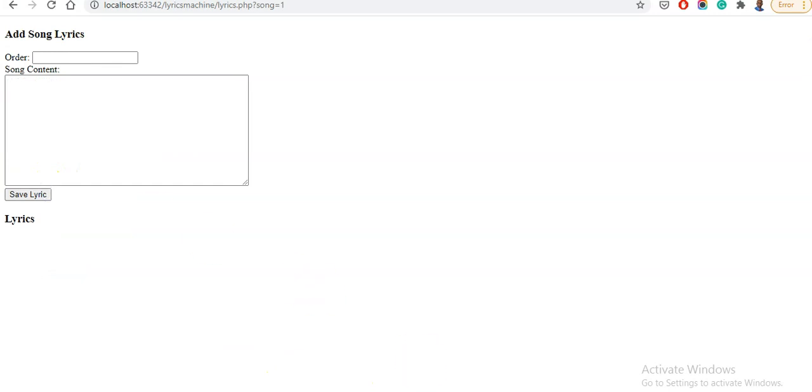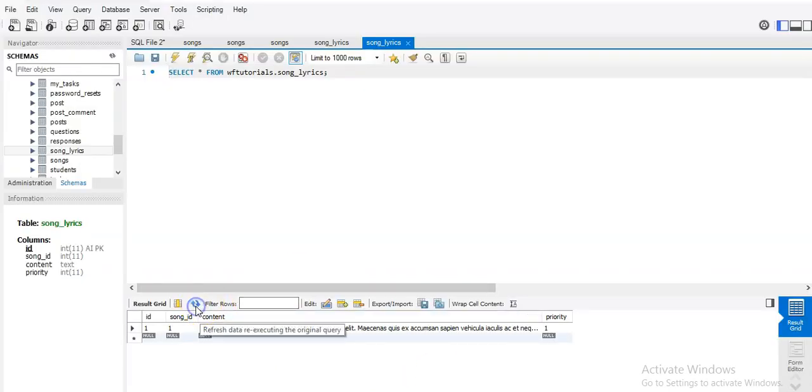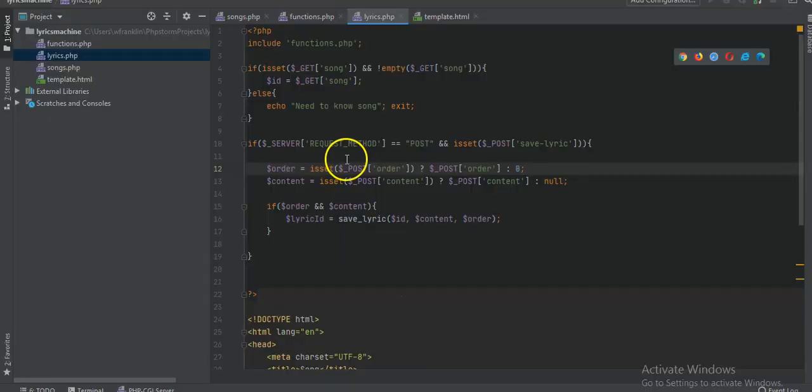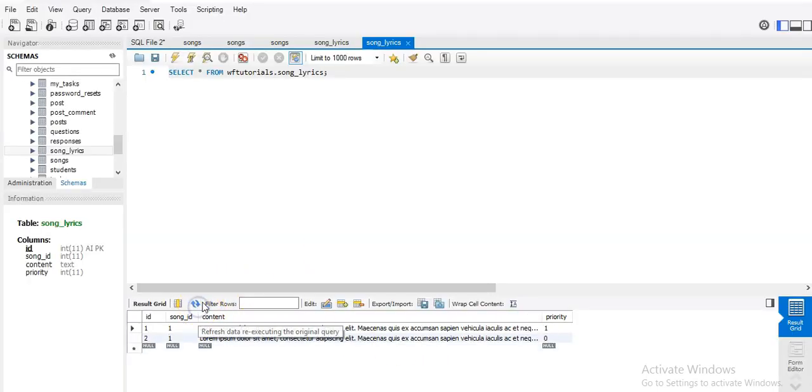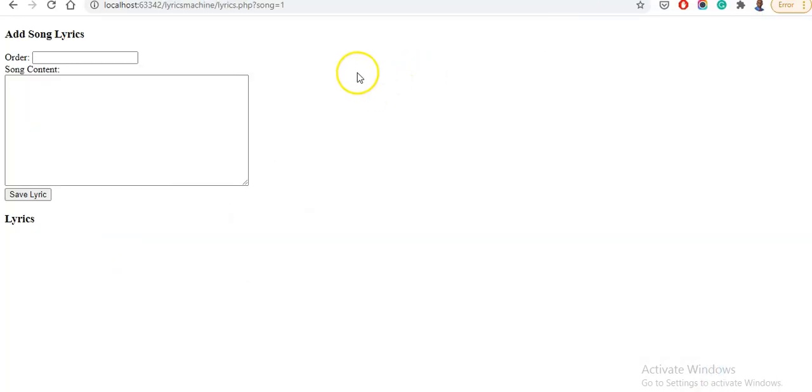So in this case, it's still not saving. Alright, so we just need content, right? Let's not get too special. Alright, great. That's fantastic. So our lyrics are being saved,